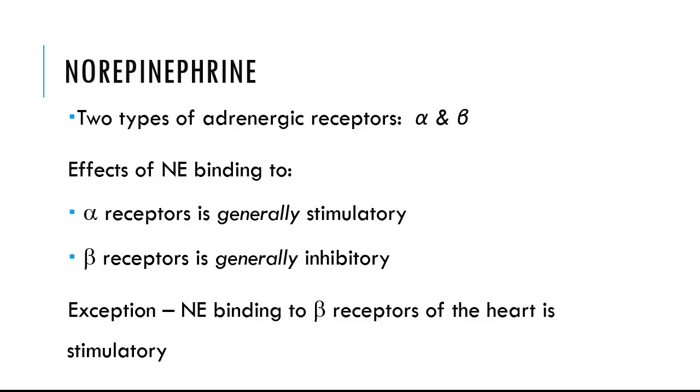So even though those levels are high, you block the receptor, and the heart should hopefully do what? Relax a little bit, bring that blood pressure down, bring that rate of contraction down, hopefully back at least closer to set point, if not within the set point rate. So the exception is beta adrenergic receptors at the heart are actually what? Stimulatory.